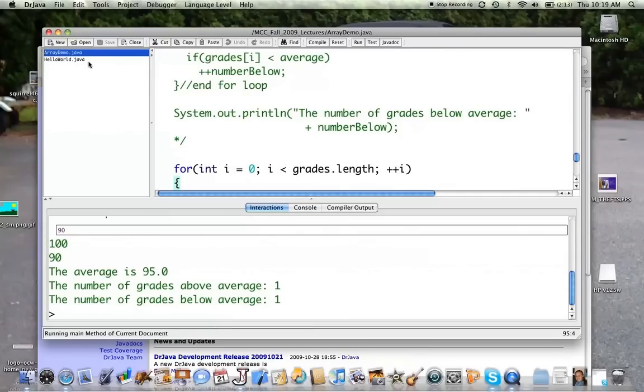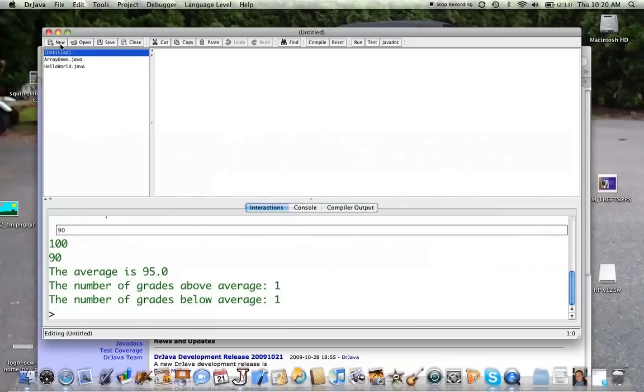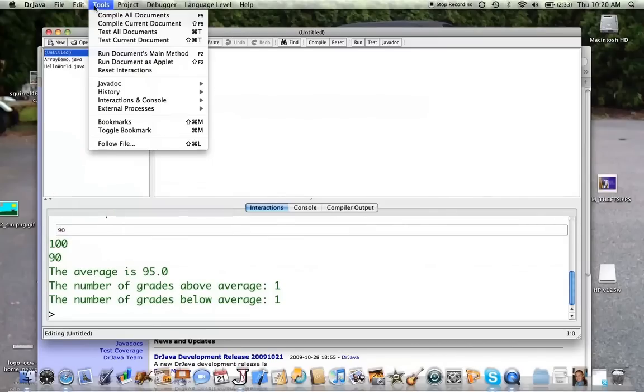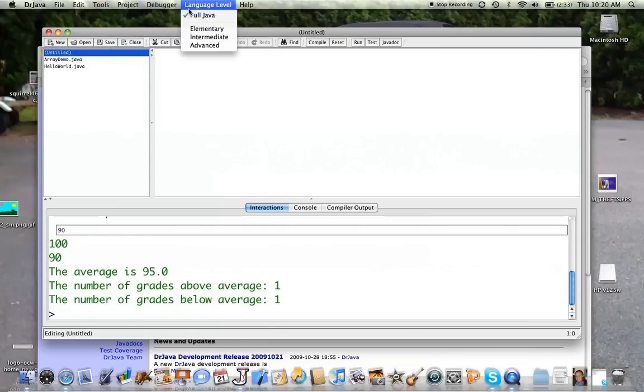Here, we're interested in the new and the open. New will create a new file for me or allow me to start writing, as I here have selected new, and I can go on my way writing code. Of course, I have at the top a number of menu items. I have the capability under File to do New, Open folder, and all of that, and I'll let you explore that. Under Edit, I have a number of capabilities, the tools, the project, debugger, language level,